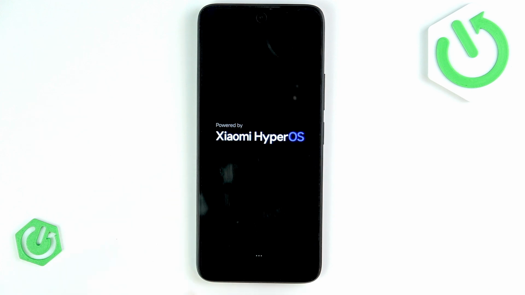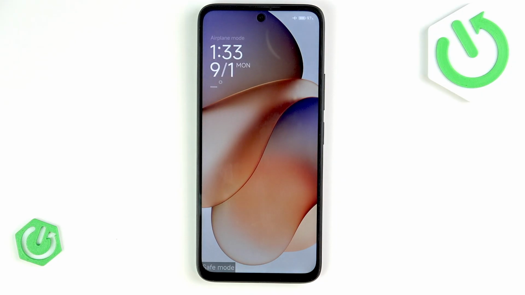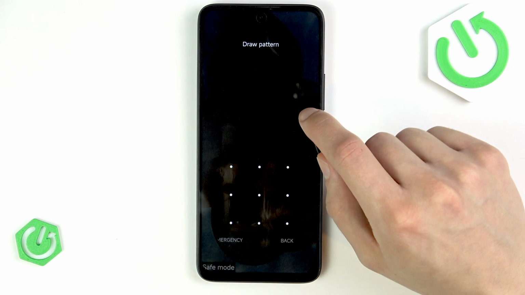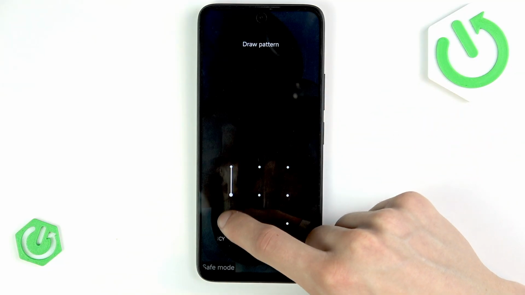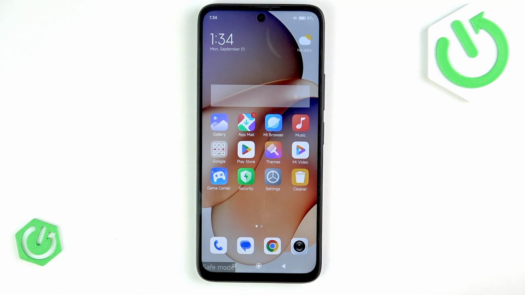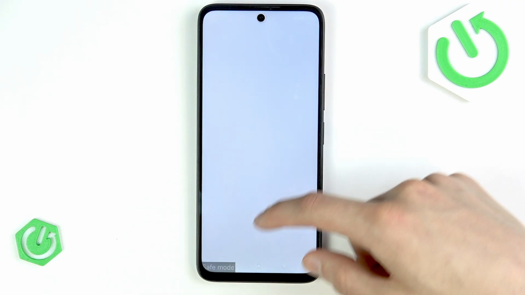Okay, and once the phone vibrates, you can release the volume down key and just wait until your phone boots into the safe mode. If it's booted into the safe mode, you will see the safe mode indicator in the bottom corner of your screen, and then just try to enter your pattern, and in case it works for you, you can go to settings,